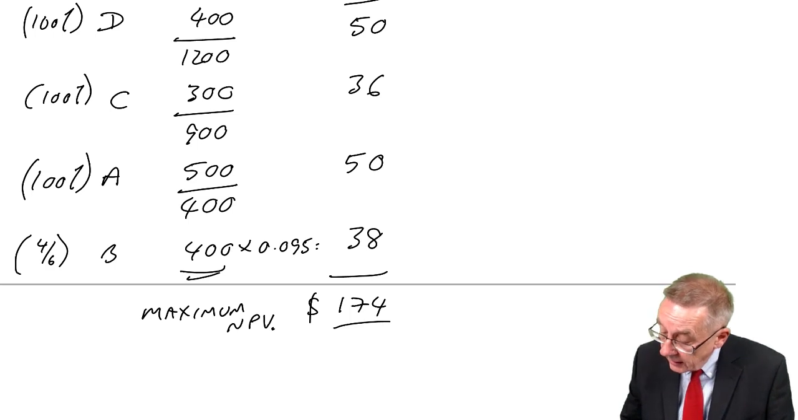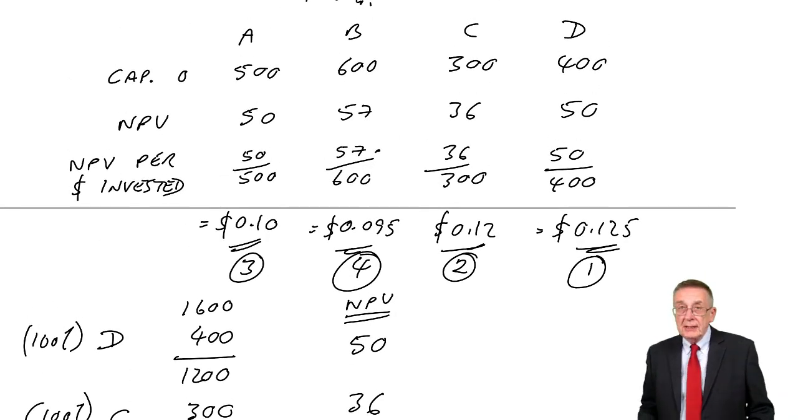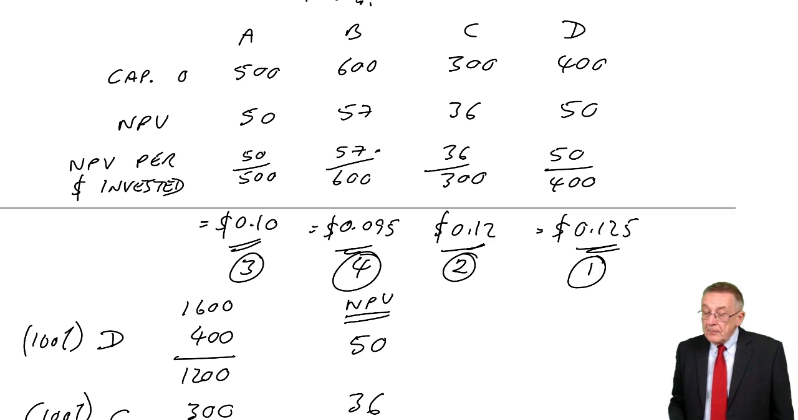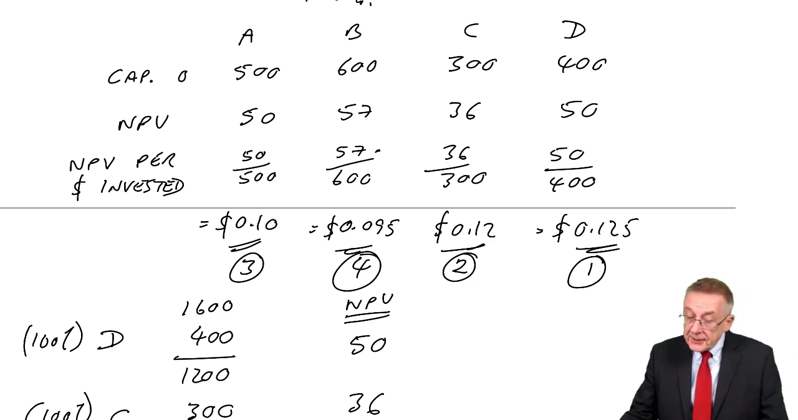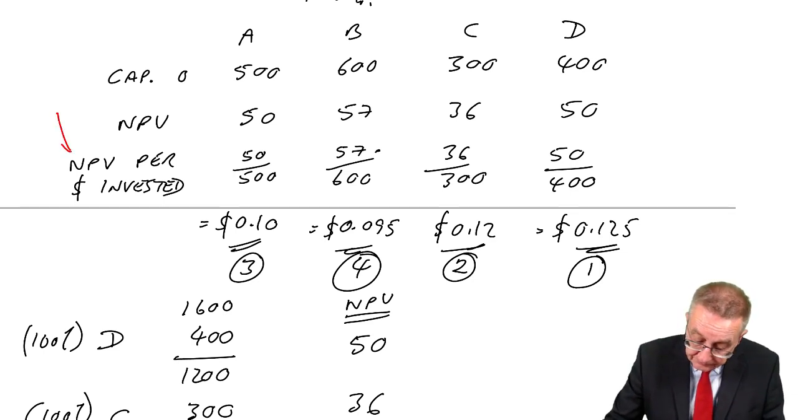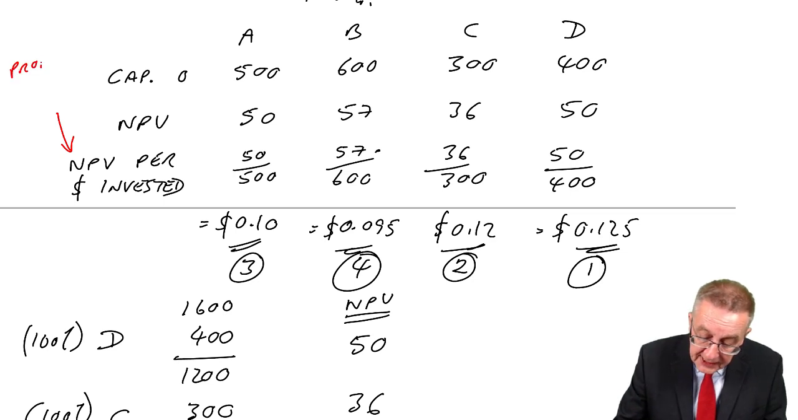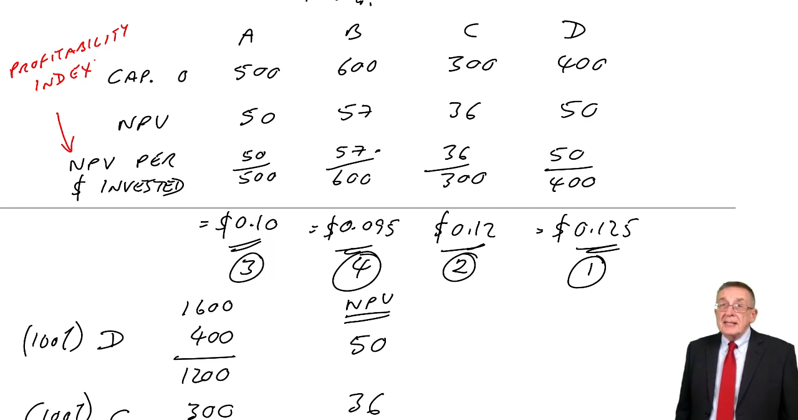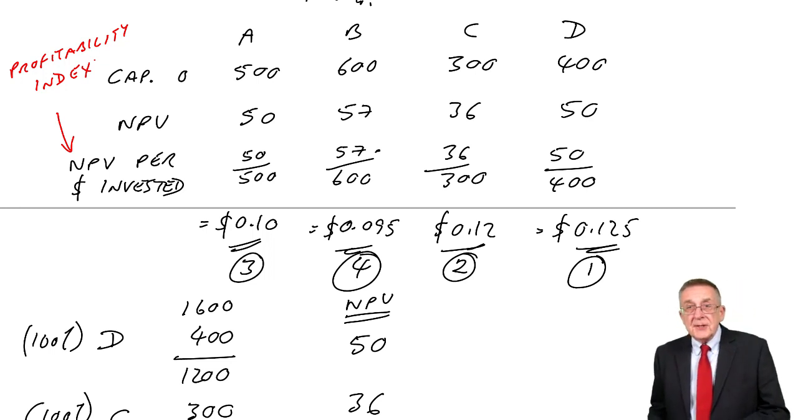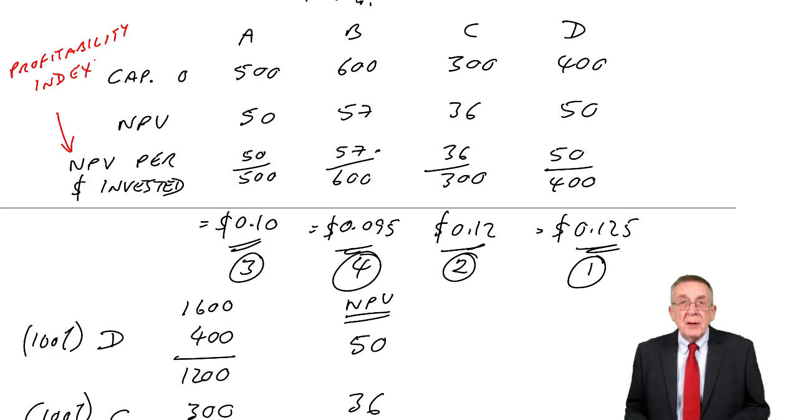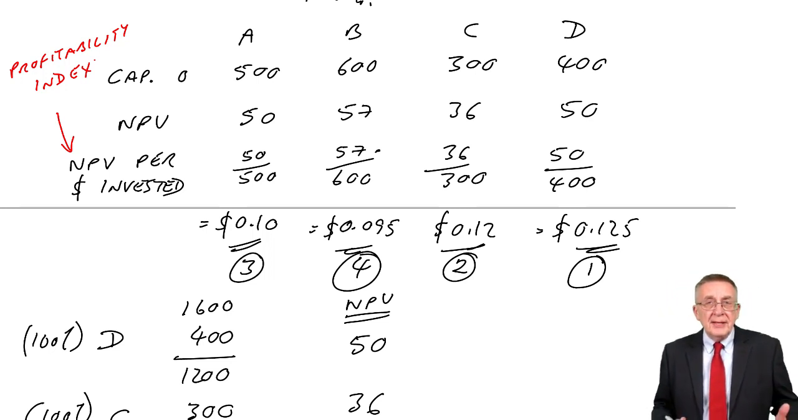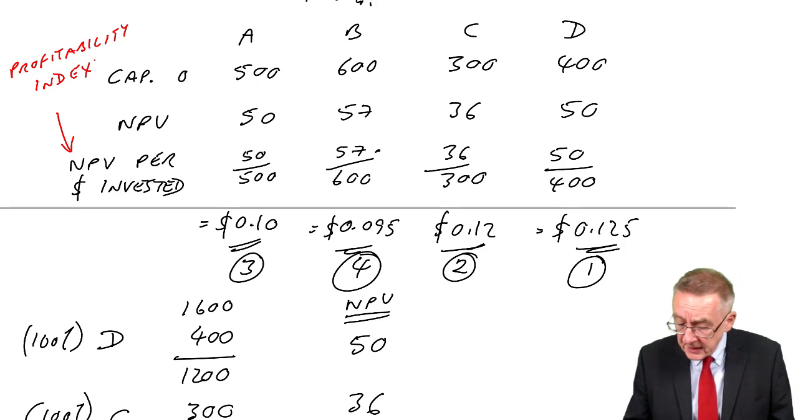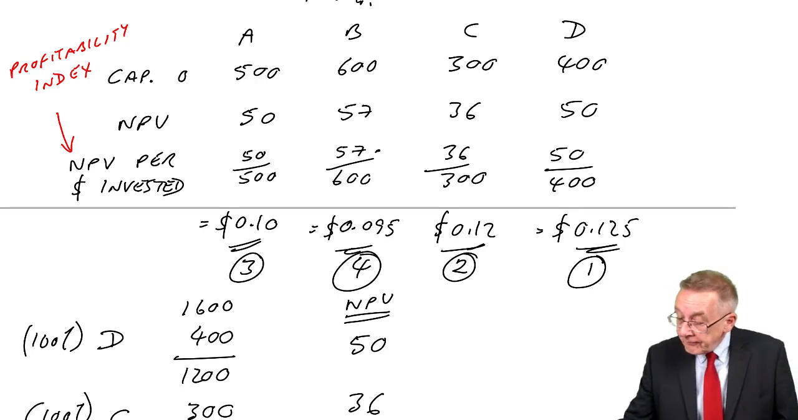One tiny bit of terminology, and I don't actually like this word. But the NPV per dollar invested is also referred to as the profitability index. So if there is any mention of profitability index in the exam, that's all it means. I don't like it because, of course, with NPVs, we're looking at cash flows, not profits. So I actually think it's a dreadful name to give it. Anyway,